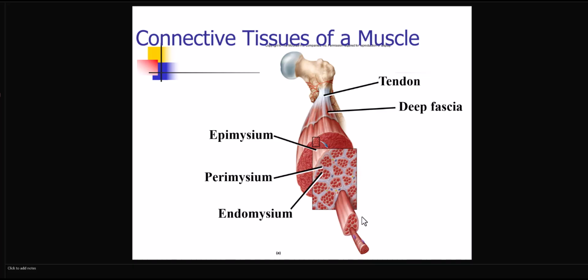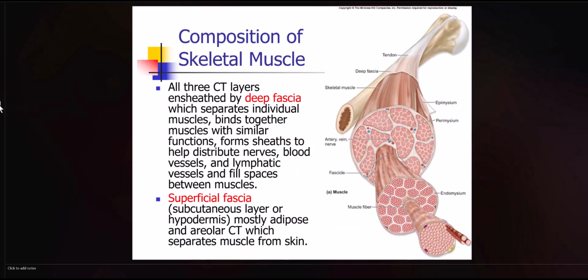In addition, we see one additional layer here, fascia. Fascia is a connective tissue layer that connects muscles to other structures. So here the deep fascia is a continuation of the tendinous material. Let's just look at these again in a different view. Now,